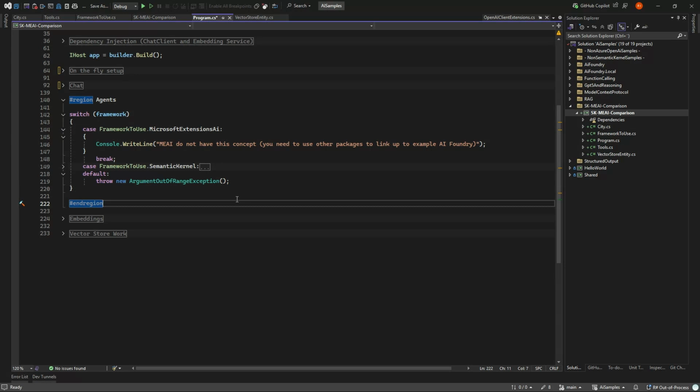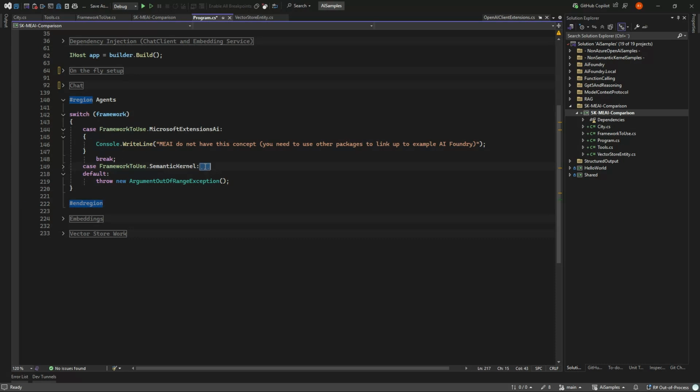So if you want to integrate into AI Foundry, for example, with their agents and their threads up there, you need to grab another NuGet package for AI Foundry or the OpenAI package for their assistants. Microsoft Extensions AI will not help you here. I haven't written the code, because that's not what this is about, because in my book, if you need to use agents, you shouldn't use Microsoft Extensions AI.